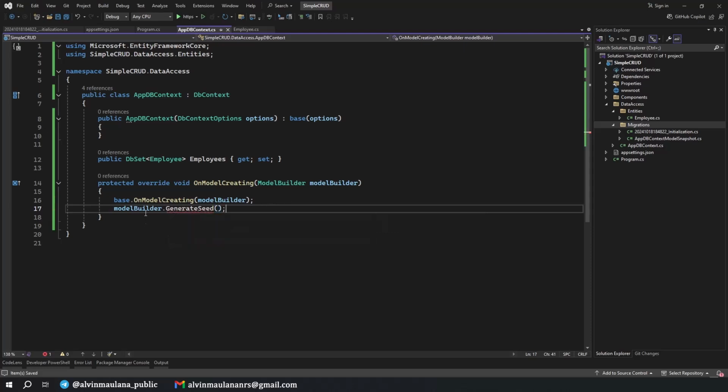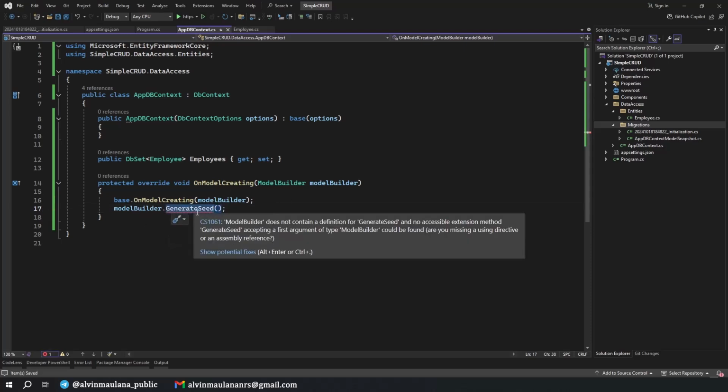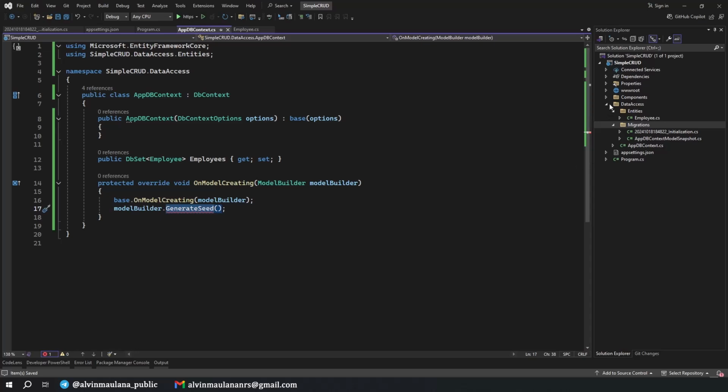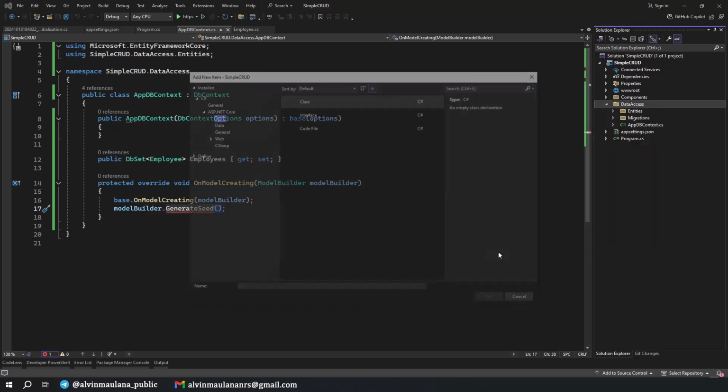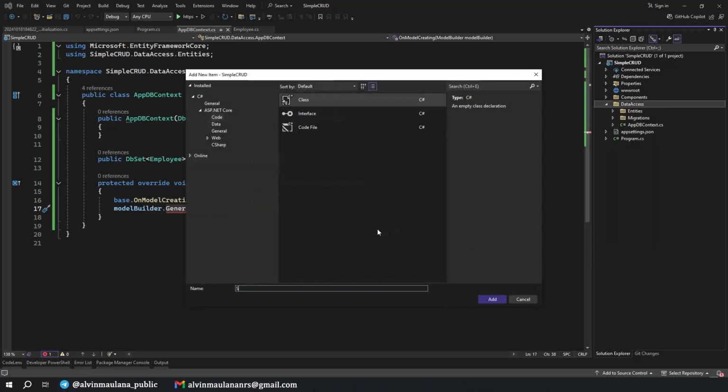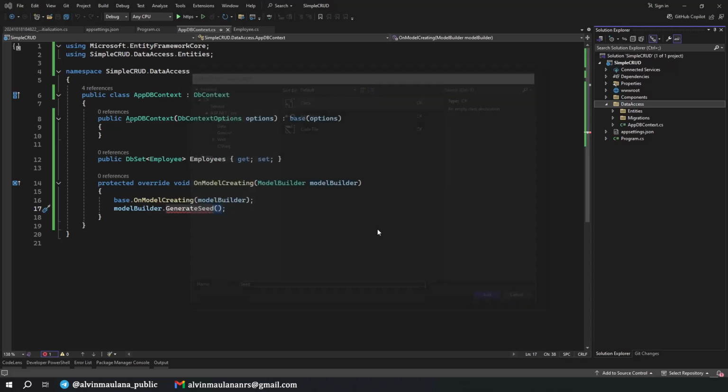And that's fine. It will be an error because we will have the function in DataAccess. Add class, we name it Seed and enter.